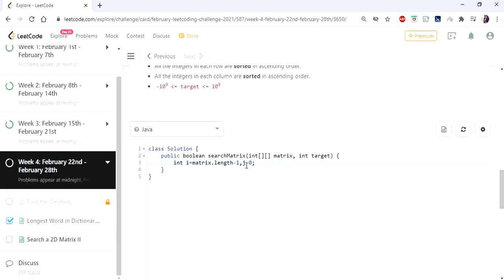So let's initialize j equal to 0, and I'm going to iterate while i is greater than or equal to 0 and j is less than matrix[0].length, which is actually the column size,